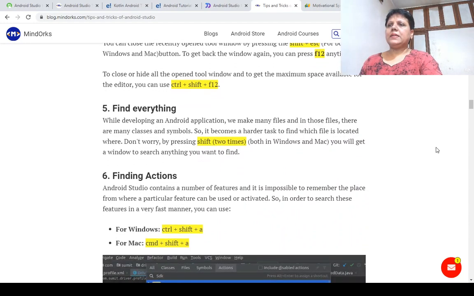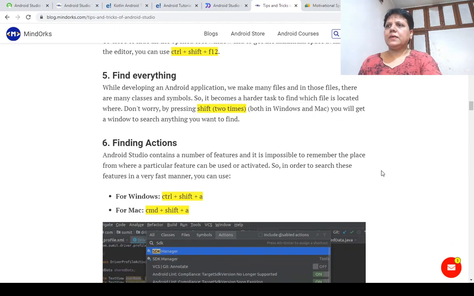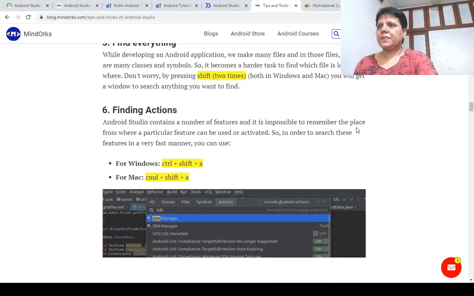While developing any Android application, we can make many files, and in those files there are many classes and symbols, so it becomes a harder task to find which file is located where. By pressing Shift two times, you will get a window to search anything you want to find. Finding actions: Android Studio contains a number of features and it is impossible to remember the place from where a particular feature can be used or activated.